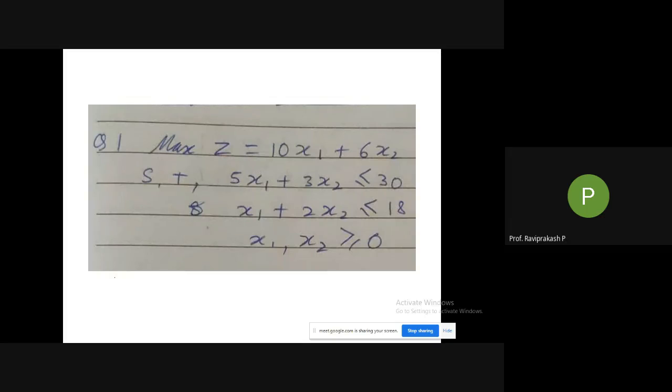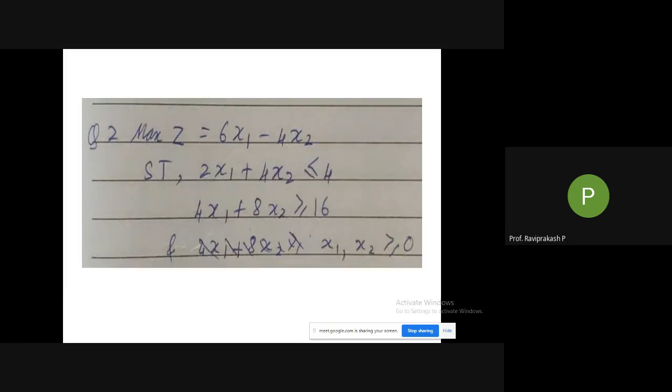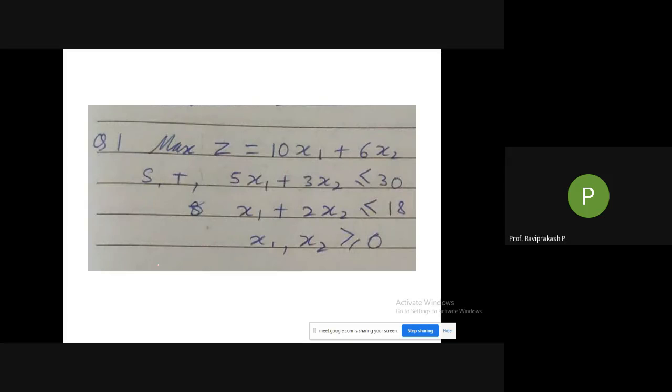So two sums I'm giving you for your homework. Anybody who wants to solve, or let it be an open challenge to everyone. So I can ask anyone out of the entire lot which is present. Okay. So how do you want to do it? These are easy ones only. Only two constraints are there. So anyone who is willing to do this, solve it.